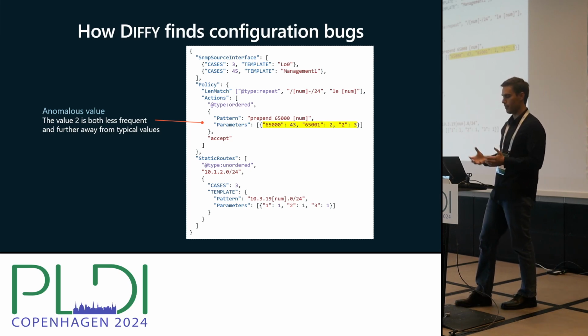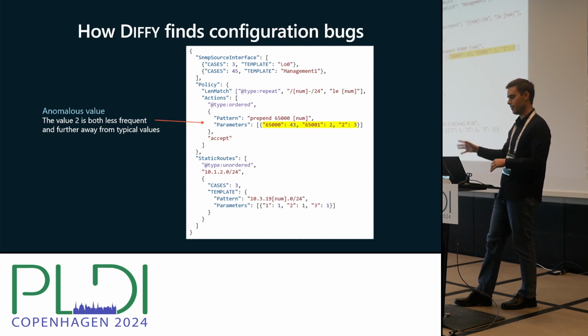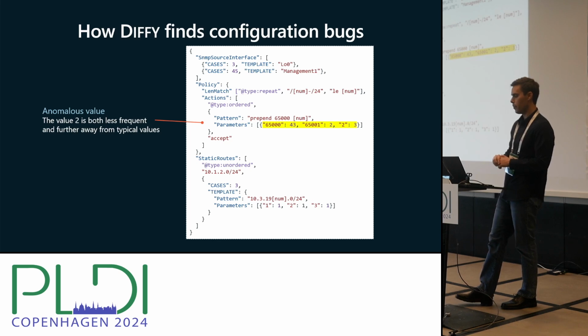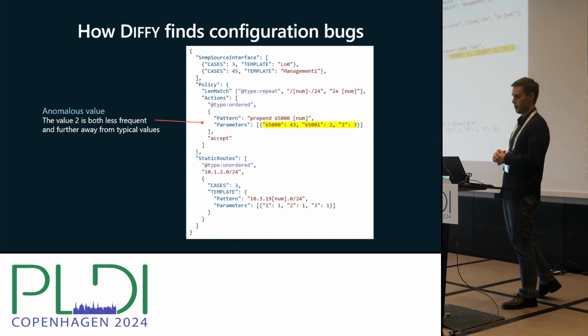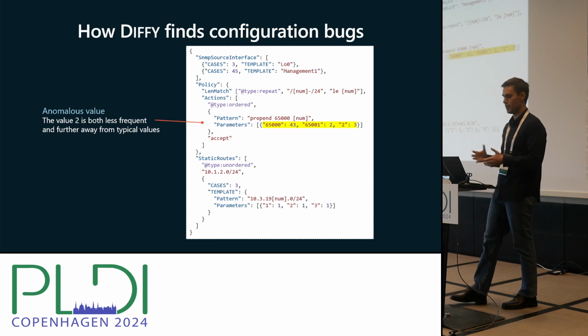In 43 of the configurations we had, the value was 65,000, which is significant in this particular protocol. In 2 of the configurations, the value was 65,001. And in 3 of the configurations, the value was 2. And so it'll actually flag 2 as the likely bug because it's both less common and further away from typical